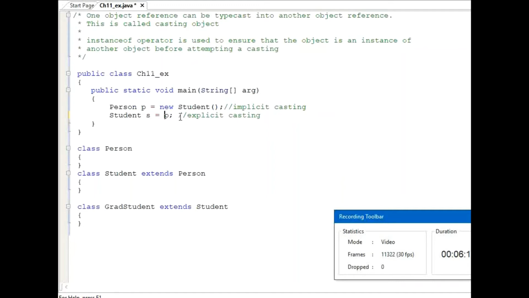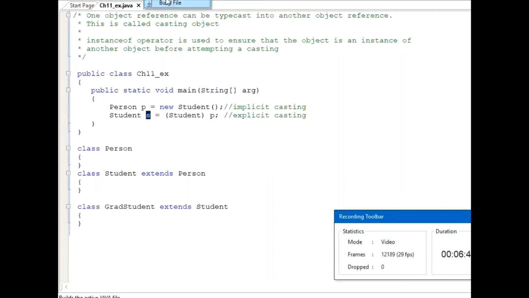So try to convert p to the Student class explicitly. Whatever type you want for that object p, you write in front, in brackets. So you write Student, the subtype. This means the object p will be converted to Student and assigned to the object s. This type of casting is called explicit casting.